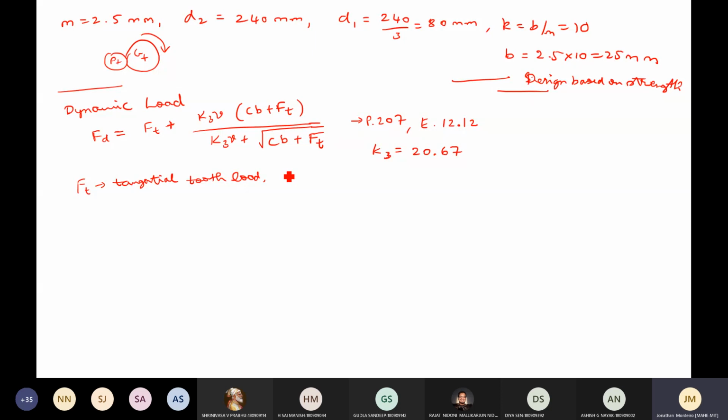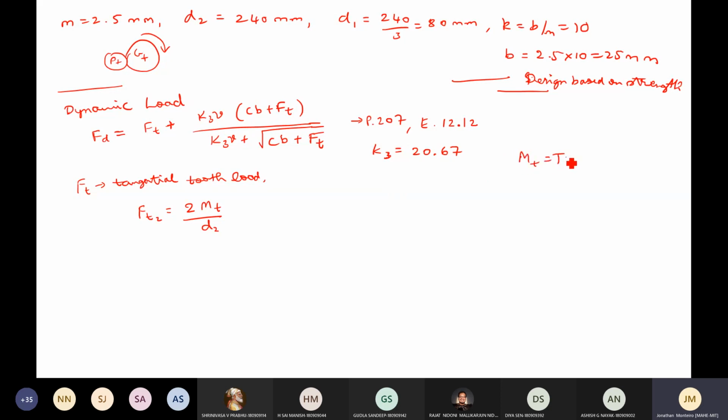Okay. So there is no need of an equation here for FT, but it is understood that it is FT with respect to gear. I can write FT2 is equal to 2mt by d2. Okay, this is very simple. This is not anything complicated. Anyway, this equation is not found in your data handbook, but we know that